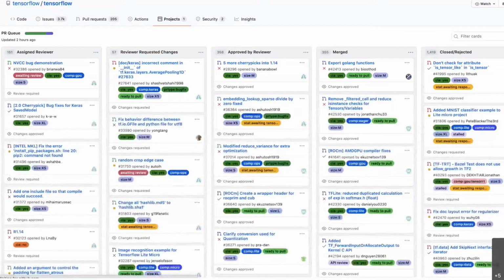So this is a visualization I picked up. This is a real life project which I picked up in the morning today, which is TensorFlow, one of the most popular open source projects that Google is driving. As you can see, it's a Kanban kind of a board that's been created. Issues have been categorized into one stream which requires assigning a reviewer. Another, the reviewer has requested changes. Third is approved. Merge is when all of the changes in the work stream that has been worked upon have been approved and they get merged into the main project.